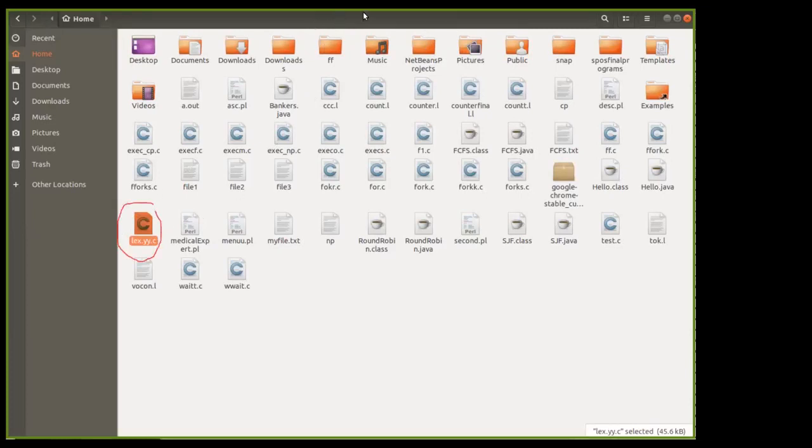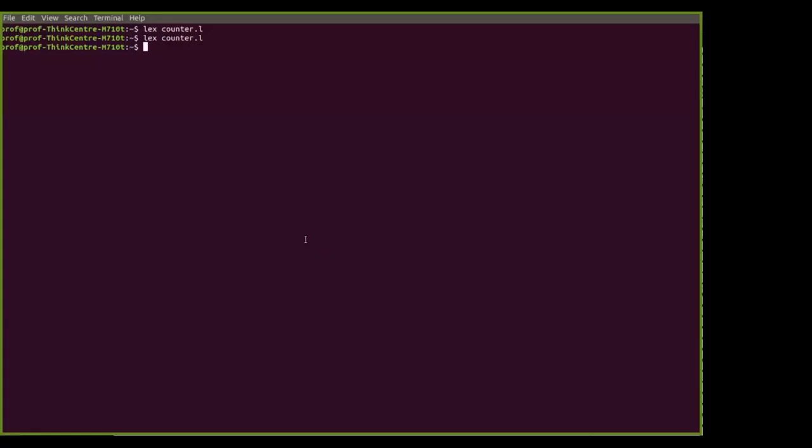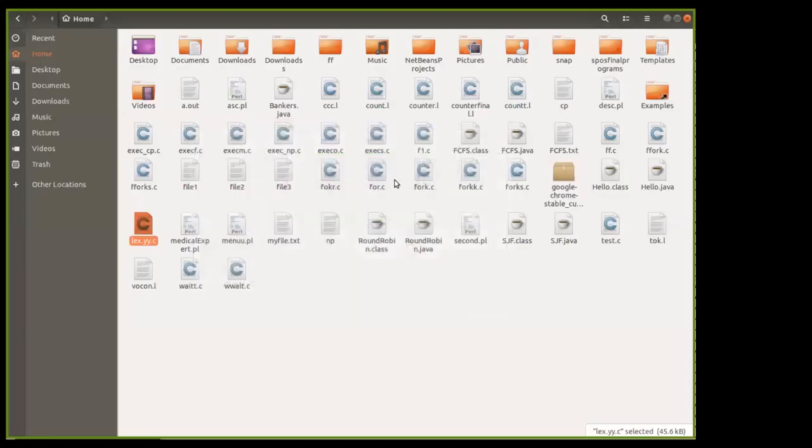Okay. Now the next thing is what? Again, we have to do the next part. Now we have to compile the generated lex.yy.c using our C compiler. After this, the a.out file must have been generated on the home. Here you can see the a.out file is generated. Understood? So this is your lexical analyzer generated.